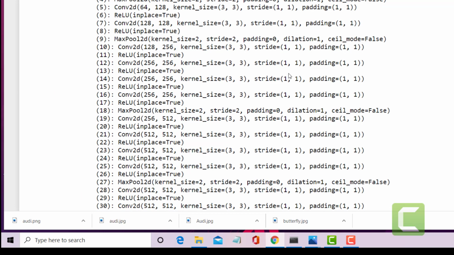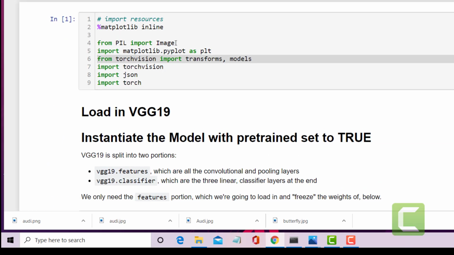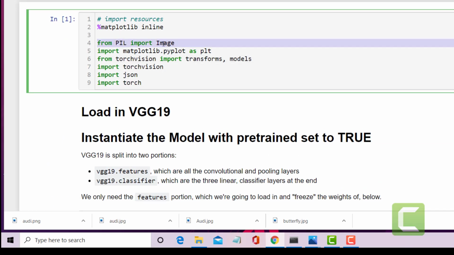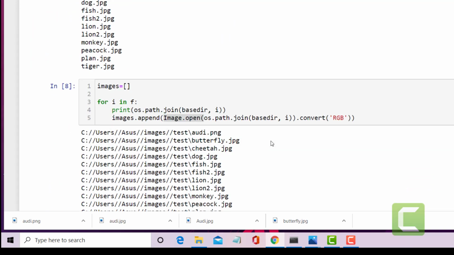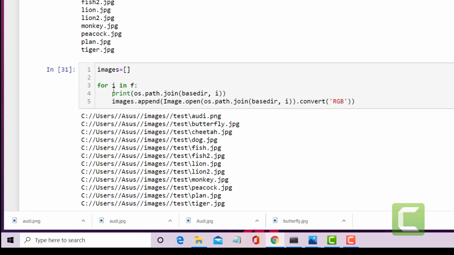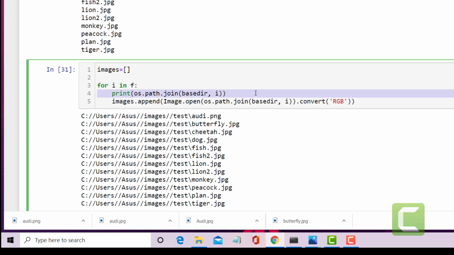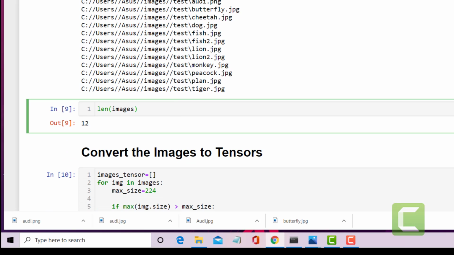Okay, that's a standard library that's used to read the images, that's imported from PIL import Image. Okay, so let us see how that works. Okay, so it has read the images and those are all stored in the array images. Okay, and what is the length of the images?